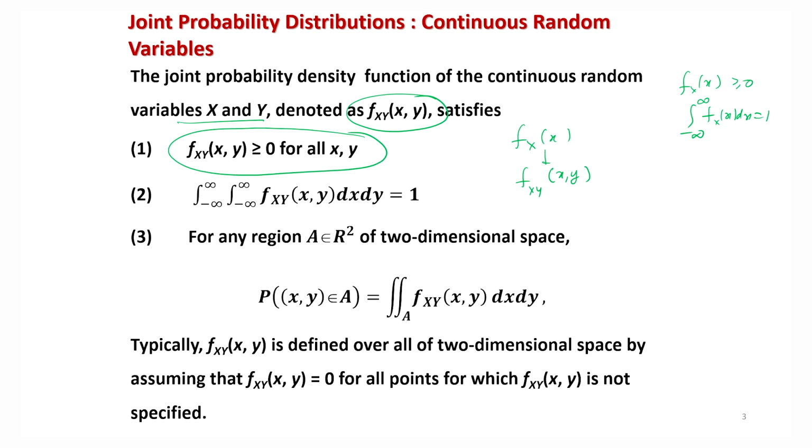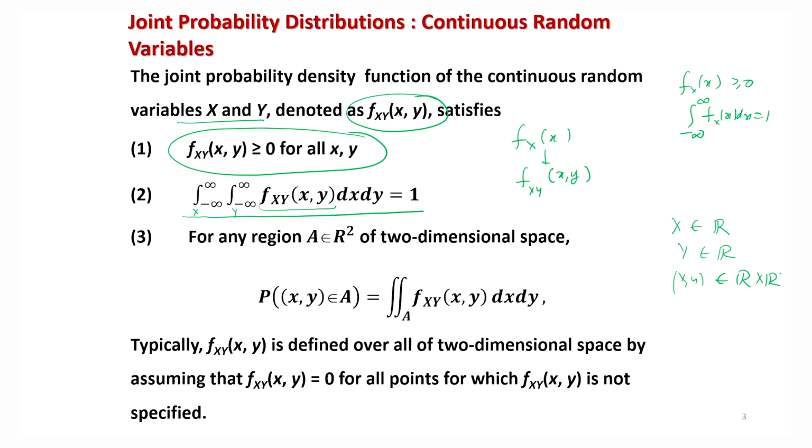And the condition that the integral from minus infinity to infinity of f(x) dx should be equal to 1 can be extended to a bivariate setup by writing two integrals from minus infinity to infinity. One integral is for x and one integral is for y, and then the function f(x,y) dx dy is equal to 1. And earlier we took the region for x to be R. Now we have two random variables, both belonging to R, so (x,y) will belong to R times R, or R squared.